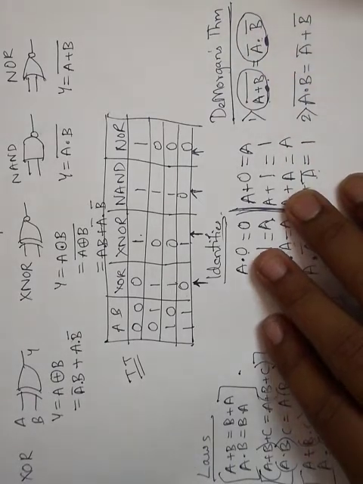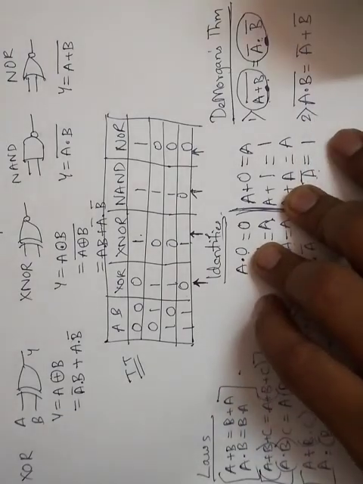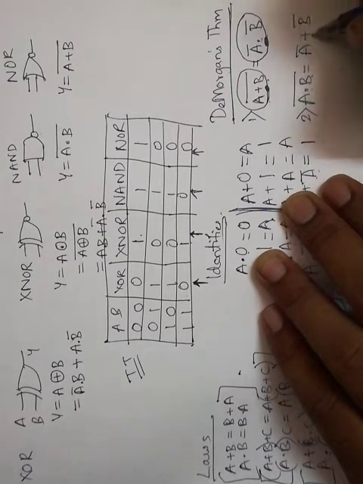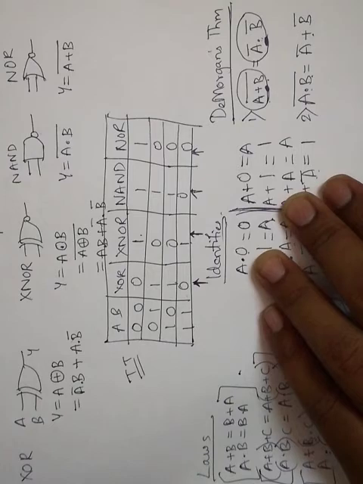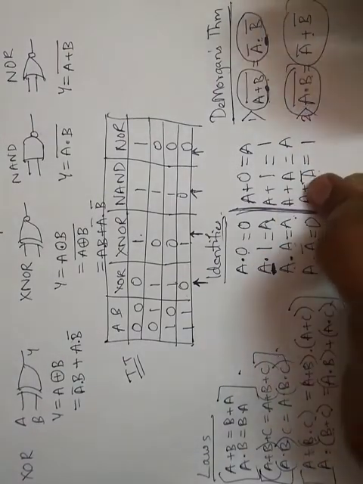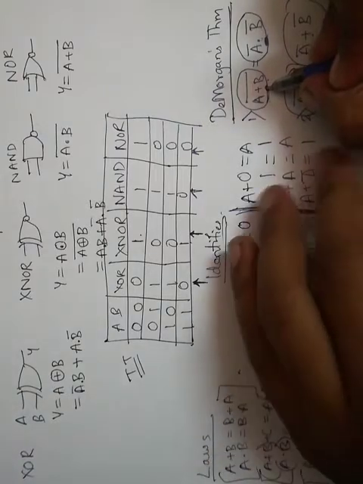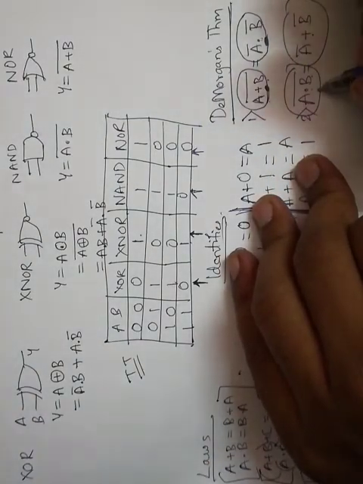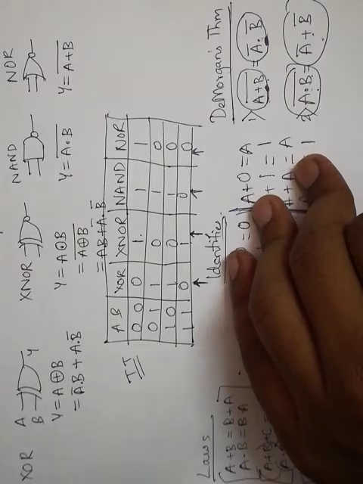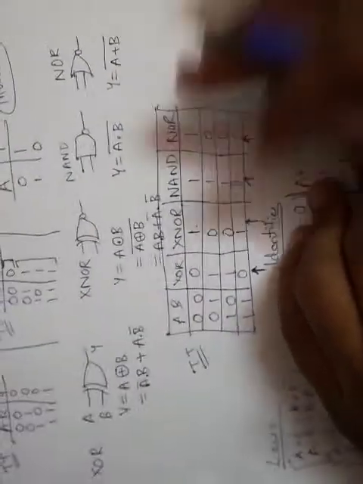Same way we can write for AND gate. I'll use the words sum and product. The complement of product of two variables equals sum of individual complements. So these are our two De Morgan's theorems. So if we find such equations or these equations, we can convert them back as per our requirement. So these are the basics of our Boolean algebra.